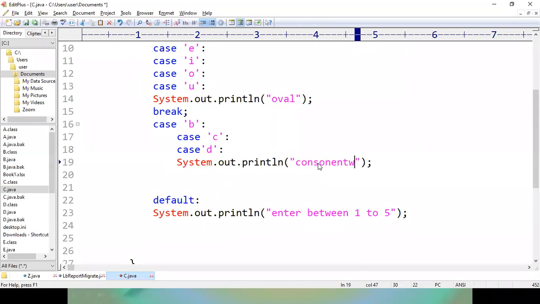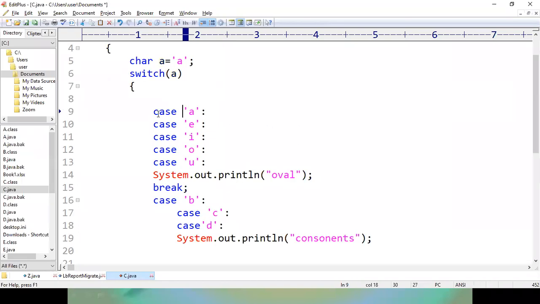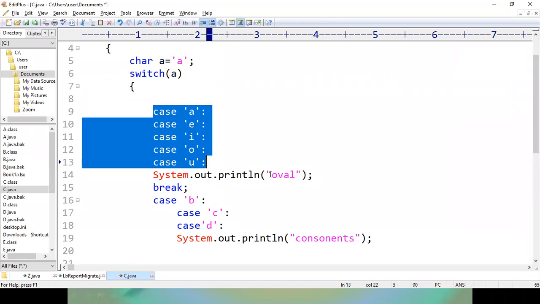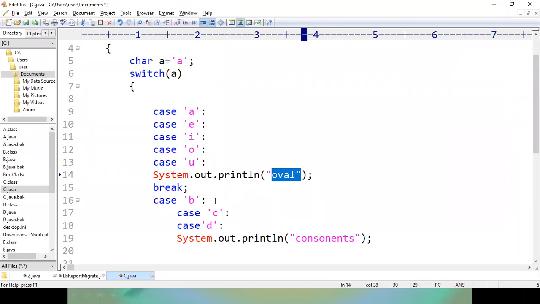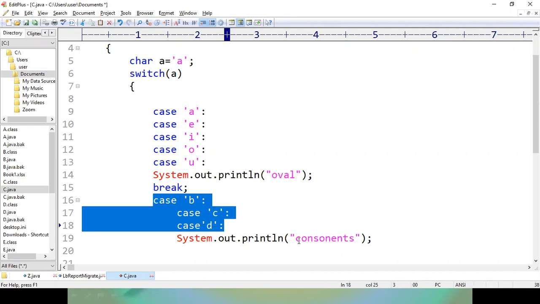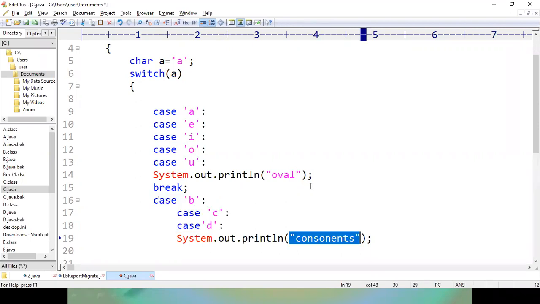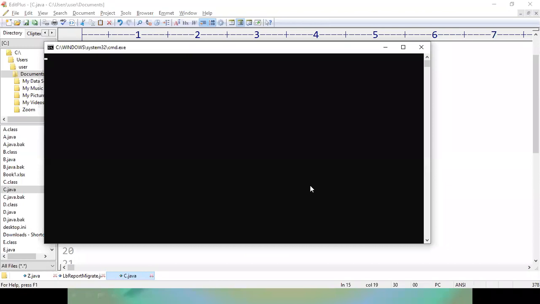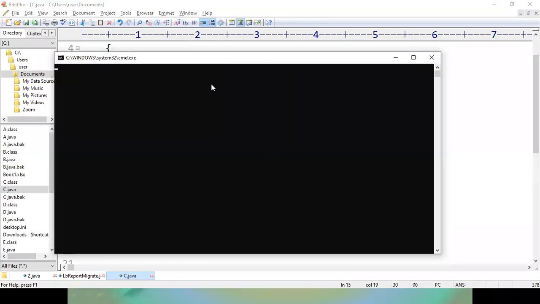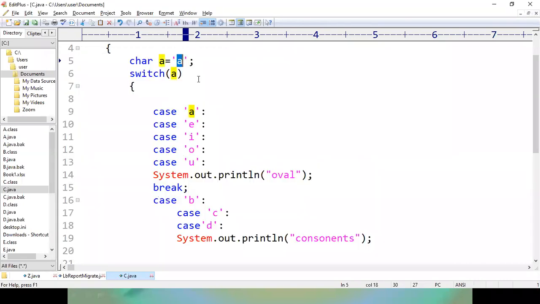I don't maintain the remaining letters here. So if any of these 5 matches, it is going to print vowel, and if any of the remaining 21 matches, it is going to print consonant. Let us try this one. See here, it has printed vowel because we have given character A. And what happens if we give a character C?